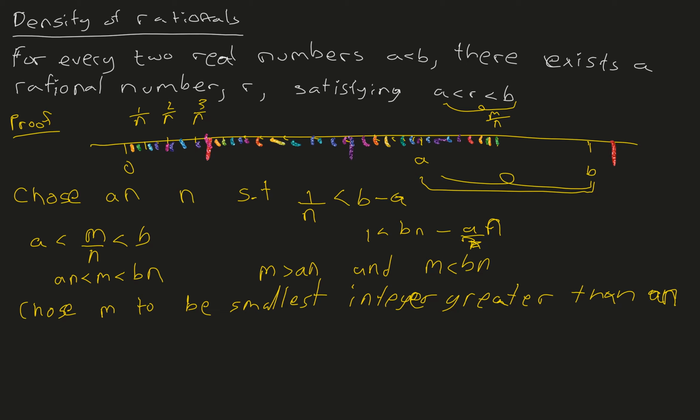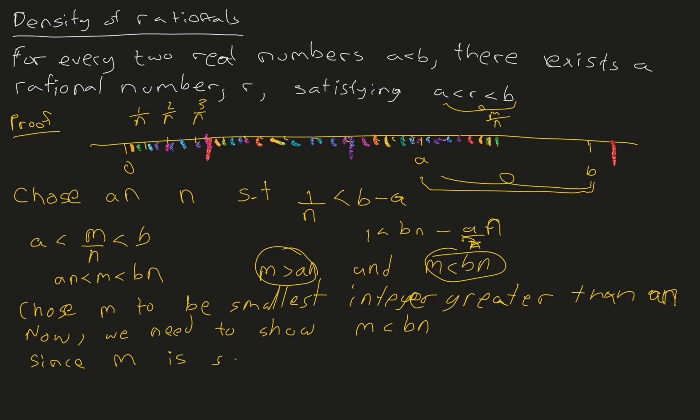Now we need to show that m is less than bn. It's always good to write down what we need to show when we're doing proofs. We need to show m is less than bn. Since m is the smallest integer greater than an,